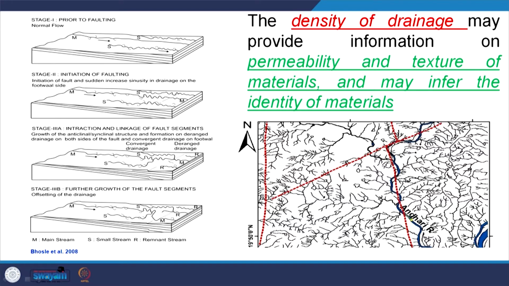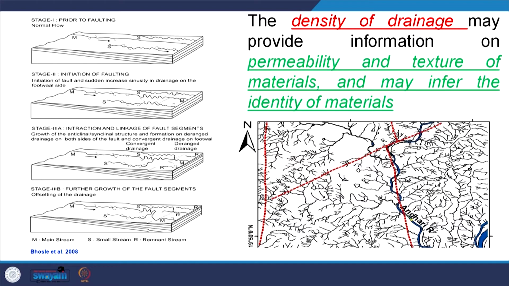So, now if you visually see this drainage pattern, this drainage distribution, the granitic gneiss migmatites are showing high drainage density as compared to these sandstones, the Gondwana sandstones on the left-hand side, separated by a fault. The main reason behind it is that the sandstone, being porous and permeable, allows water to percolate down, and that is why much of this water percolates down and less appears as surface flow.